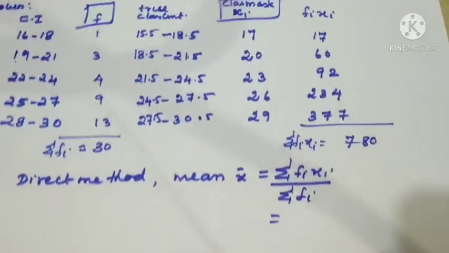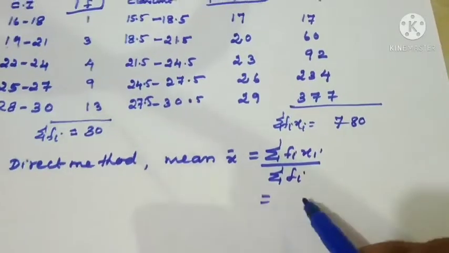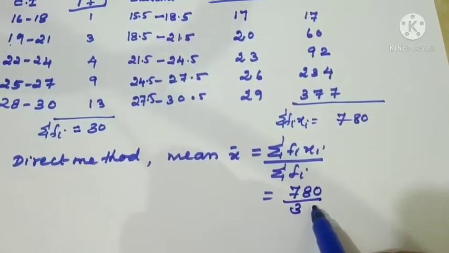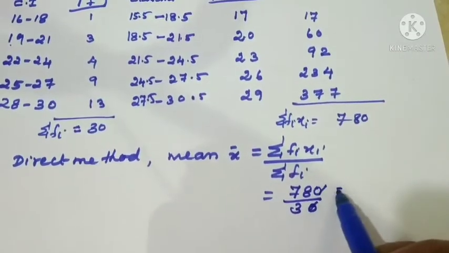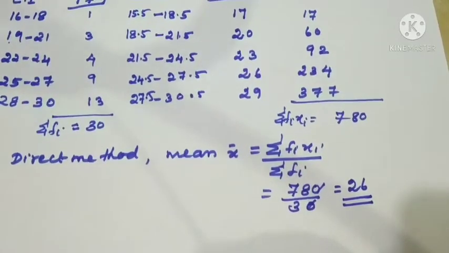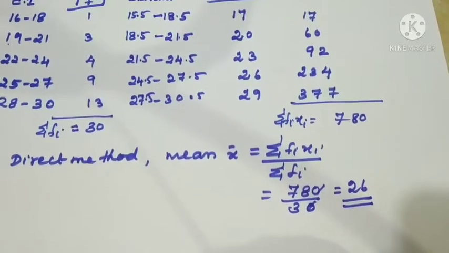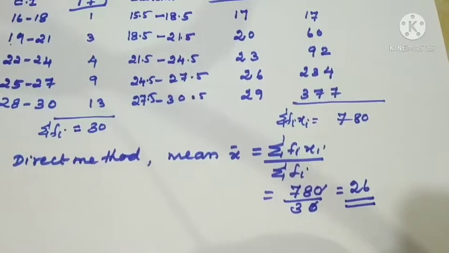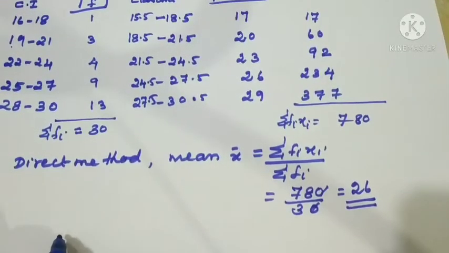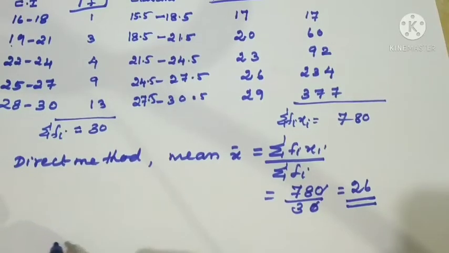So it is equal to 780 divided by 30. So your answer is 26. So we'll get the mean value for this particular question. It is 26. Since the question asks for the mean number of pages written per day,